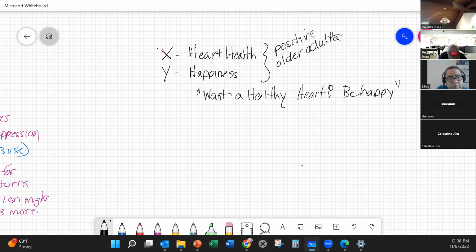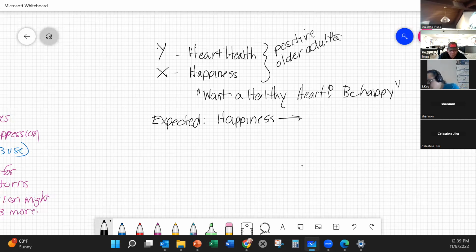I should have reversed these two. In fact, I'm going to reverse them now because it'll make it easier to discuss. X was happiness, Y was heart health, and they concluded the expected direction: happiness causes heart health. I guess we could say that's plausible. Maybe happiness causes some sort of hormone, oxytocin or something, and it makes you easier and less stressed. So if you're happier, your heart is healthier. Maybe that's plausible. But